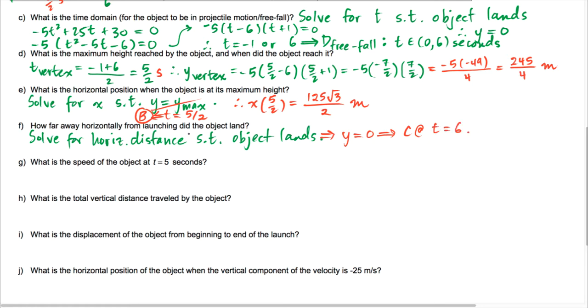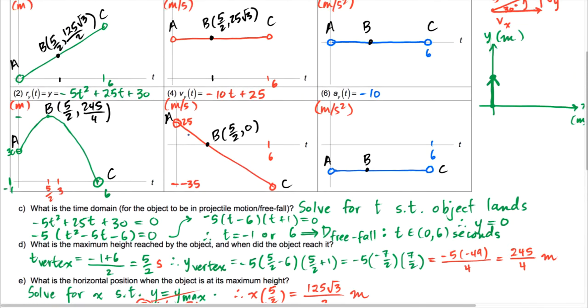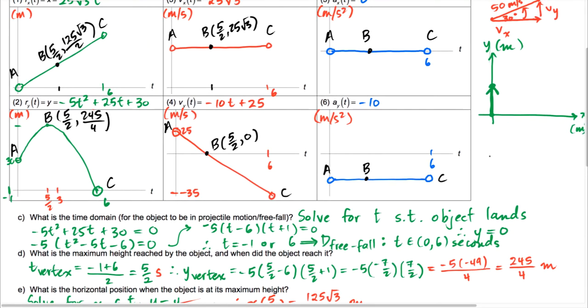Now, solving for the horizontal distance, we want to know in 2 dimensions, if we were to draw this motion or this path of the particle in y measured in meters versus x measured in meters, we know that the object starts at a height of 30 meters at the horizontal position away from you, doing the launching of 0, and goes to a final position of, if we put point C here, 6 comma,